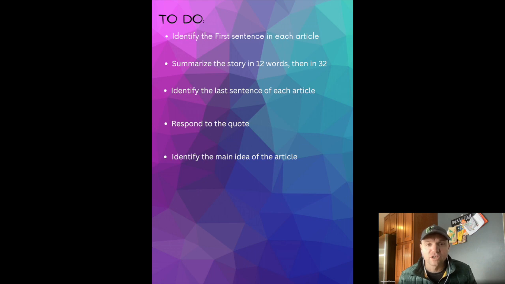So for Article 1, go ahead and provide some evidence that you think proves your main idea. And let's do the same with Article 2. Provide some evidence that you think proves your main idea. And being able to identify a quote or something that the author says yourself, rather than me bringing it up to you, is sort of the next step in moving up the scale, right? That scale that we see at the beginning of every lesson. So let's take a look at that scale now.